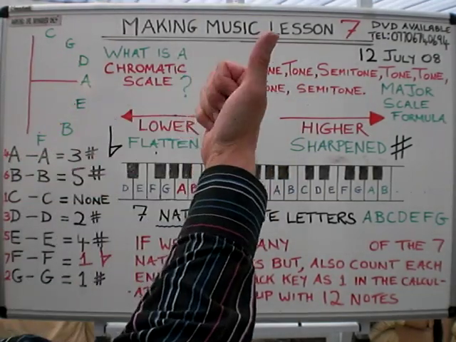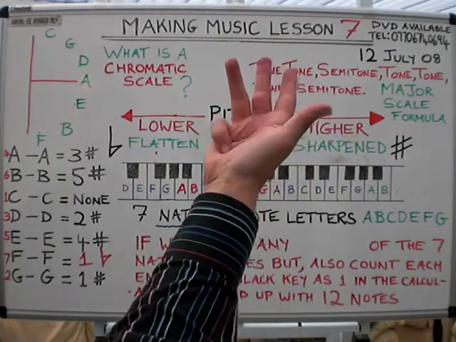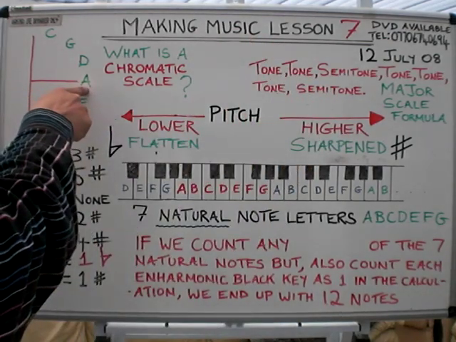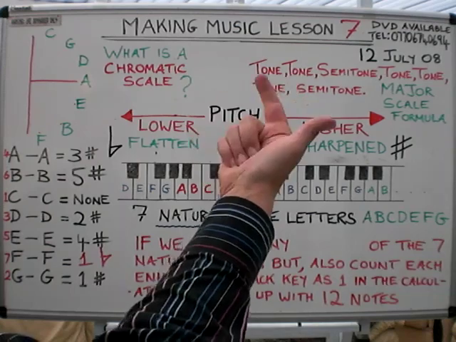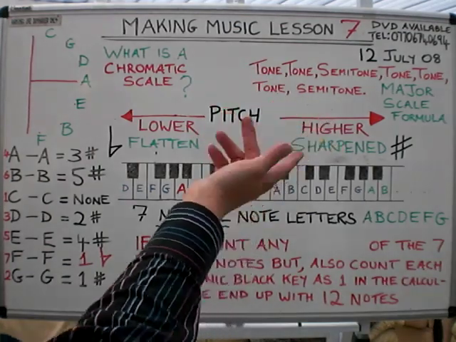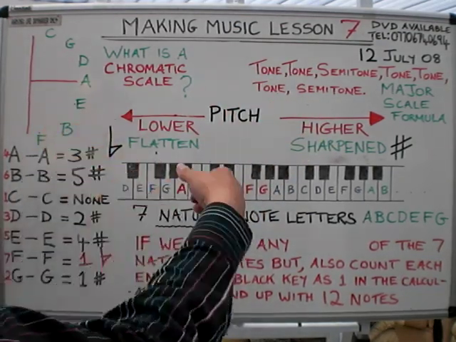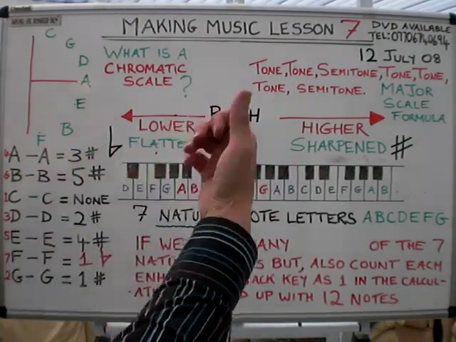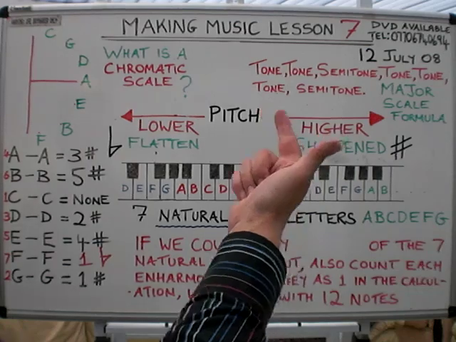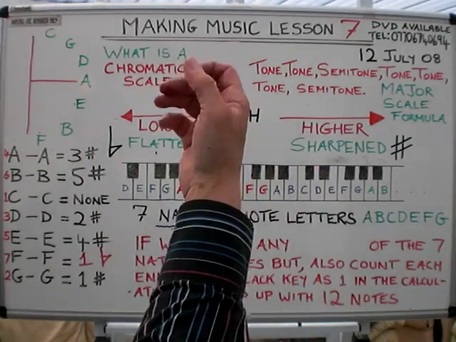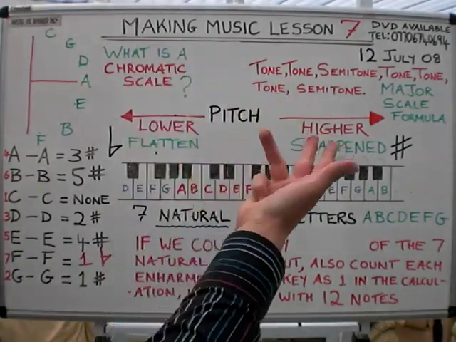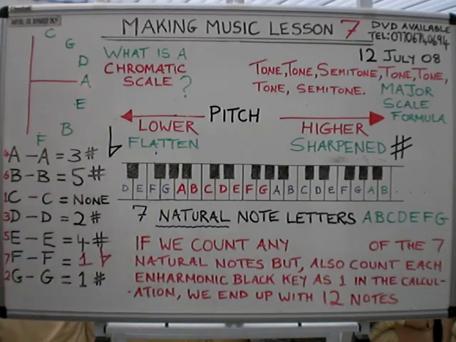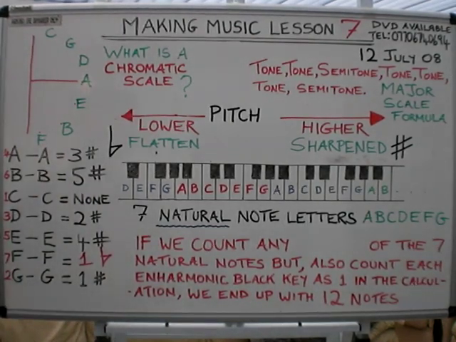Start on the D, D, E, F, G. Guess what? We get to the A. A, B, C, D, E. Start on the E, E, F, G, A, B. And B, C, D, E, F. Sorry, that's right, 5. So we end up on the F there. This does continue round, but